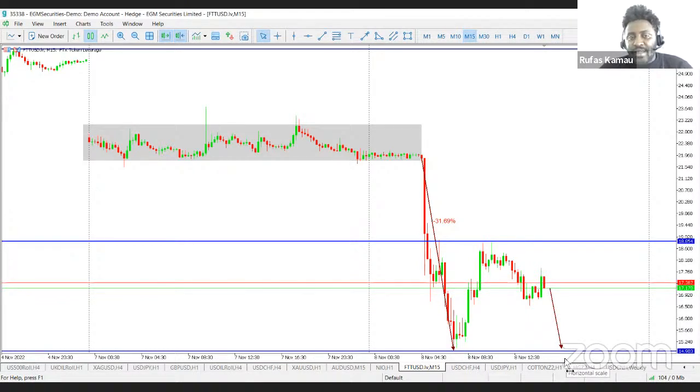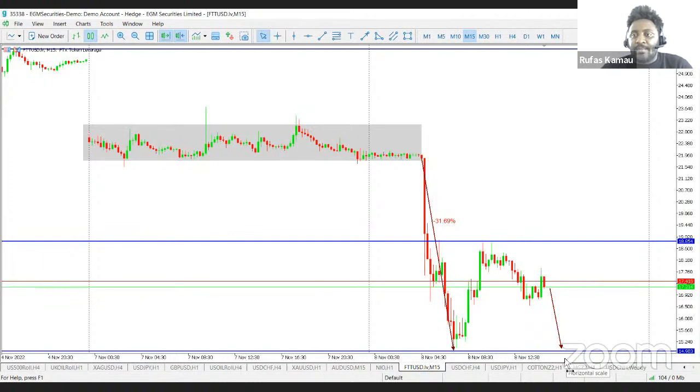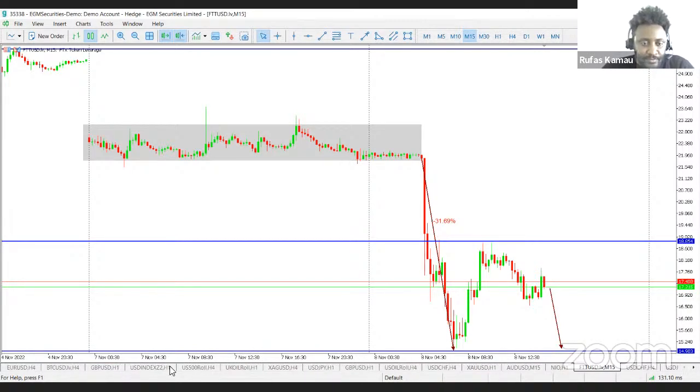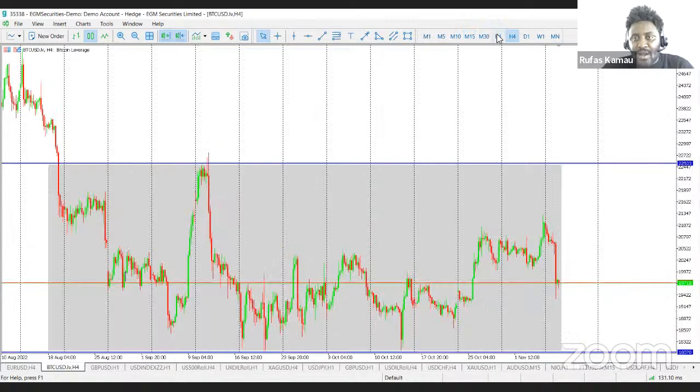On the other hand, that is on the reverse case, we know that the company is not going to just sit idly and wait for people to drive its token down to zero. So what they are basically doing is selling their Bitcoin reserves. They normally keep most of their reserves in Bitcoin as well as other coins. So they are basically selling their Bitcoin reserves and using that money to purchase more FTT and support their price movement. This reversal in price here is basically evidence of support. If you look at Bitcoin and how it has been performing, it's a clear indication that yes, they're increasing the supply of Bitcoin.